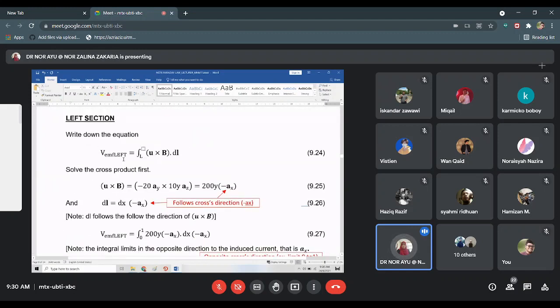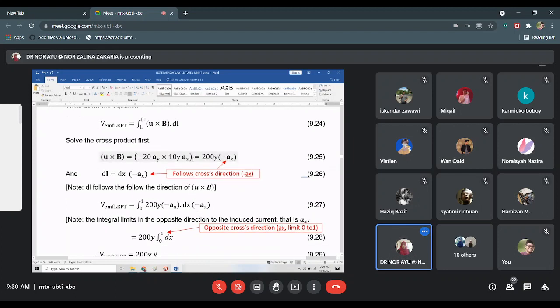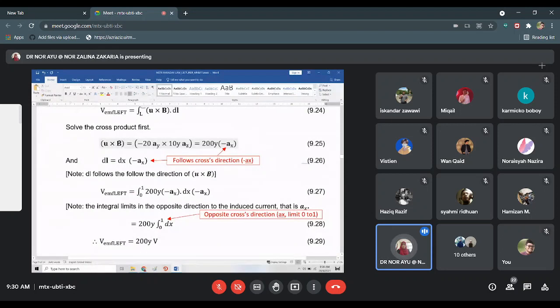Okay, so we have these equations. So you have U cross B dot DL. So first find your cross product. So we have U is negative 20 AY. Okay, and your B is 10 AZ. Alright, so we have this AY cross AZ, we have this AX. Okay, positive AX. But because we have a negative here, we pull the negative to AX just to show that the direction of this direction will be